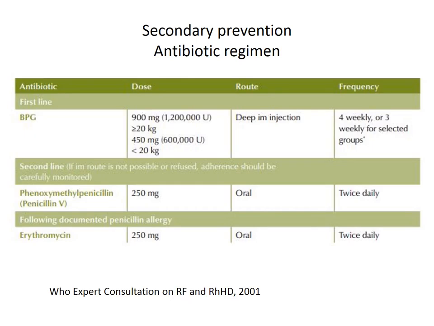There are also oral ways to prevent, which are not as effective because adherence is not as clear and should be carefully monitored. That is phenoxymethyl penicillin, if intramuscular injection is not possible, and that's 250 milligrams orally twice daily for as long as we need to give prophylaxis. If there is penicillin allergy, erythromycin 250 milligrams orally, again twice daily, for as long as we need to give rheumatic fever prophylaxis.